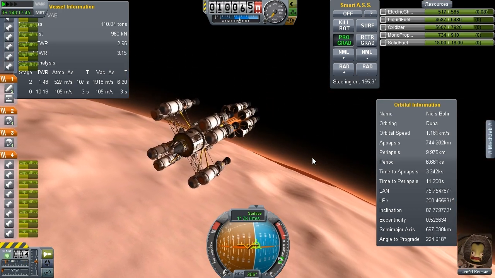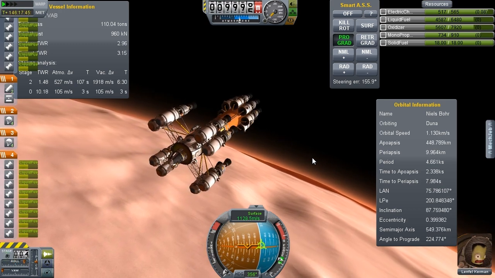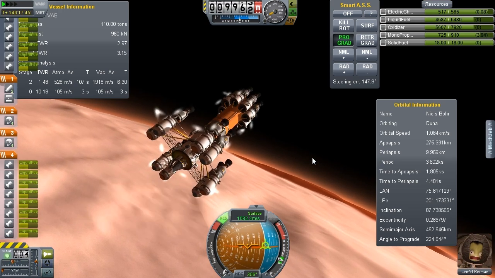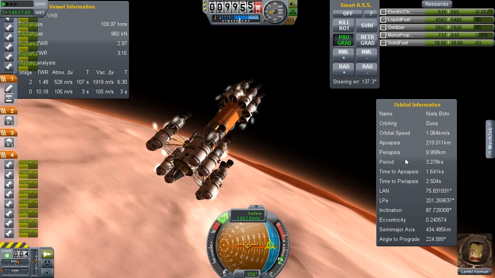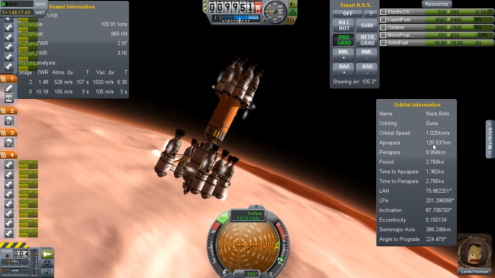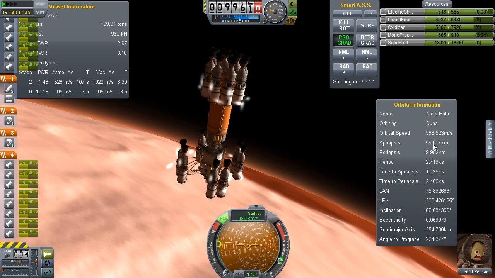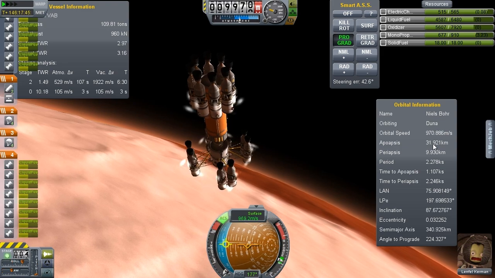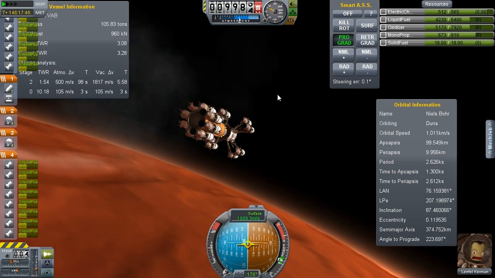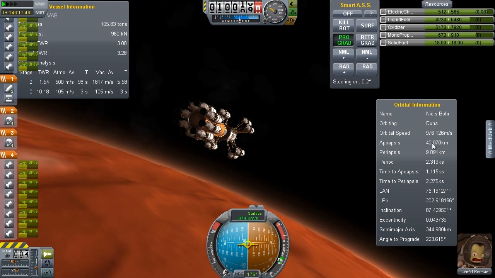Don't know, the ship may not be able to turn around on its own in the atmosphere. Give it some RCS help. Yes, here we go. Apoapsis is coming down. I mean, that's a reasonable apoapsis there, but we're still... No, now we're rising. And that's going to keep coming down. Till it's... well, very, very scarily low. Let's see, what has that done? This is just going to keep coming back down, so...